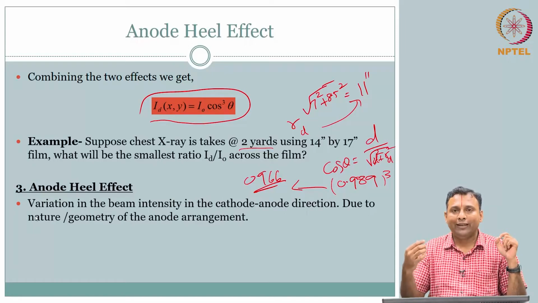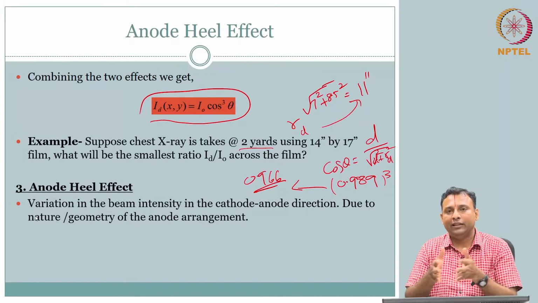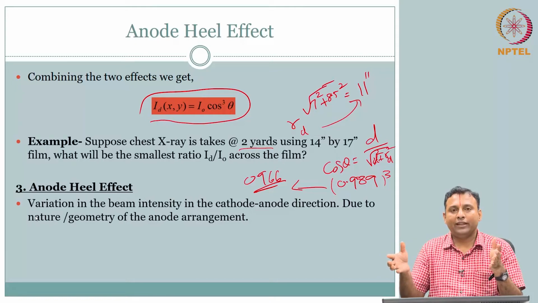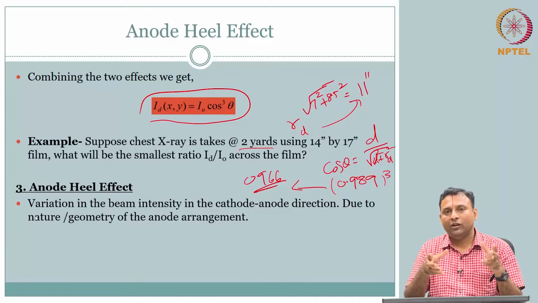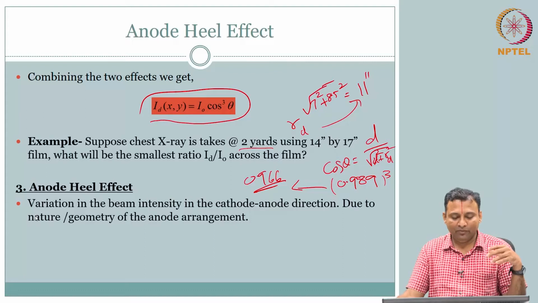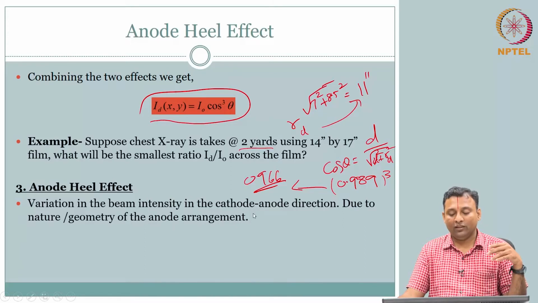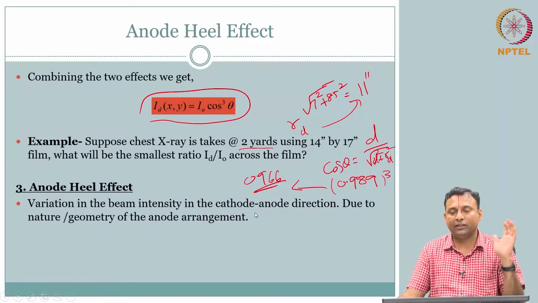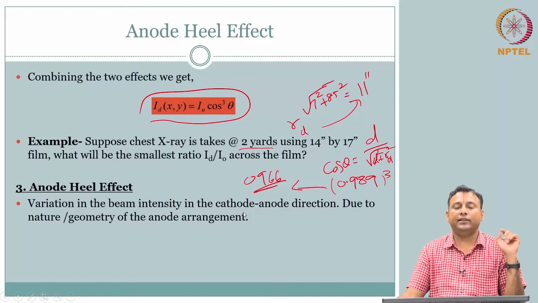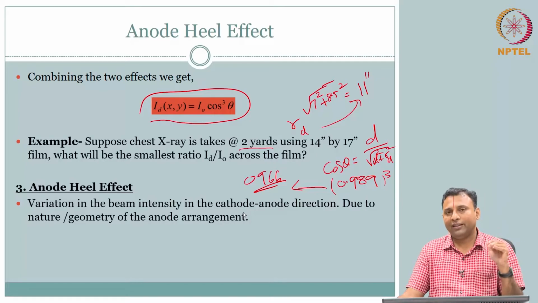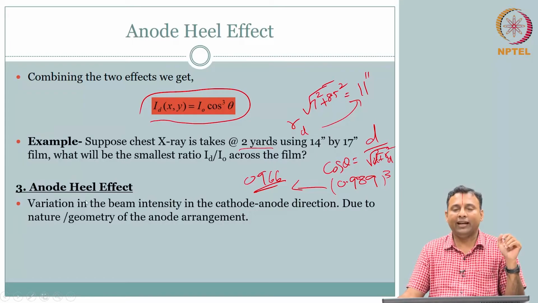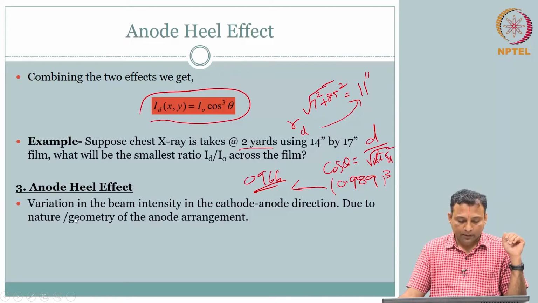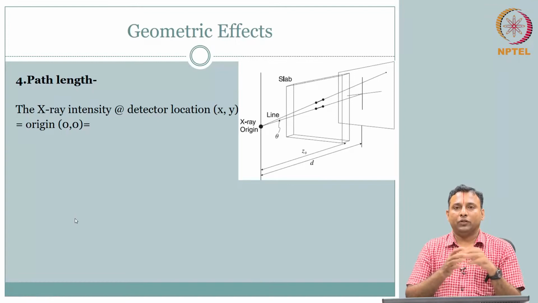So going forward, we will not explicitly include this effect in the imaging equation. Before we write the imaging equation, whatever comes at the source, that inhomogeneity, the variation in the beam intensity along this direction, is already addressed using some filtration. This has to be addressed, and it will be addressed using a filter, but we will pretend going forward that in the imaging equation the I_S is already addressed for this. Okay, clear? So now we will move on quickly. That is with respect to the source.